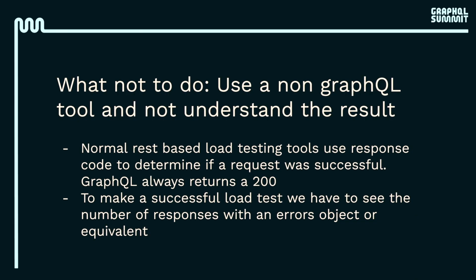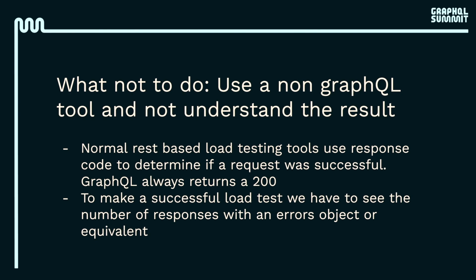So as GraphQL returns everything as a 200, you end up getting really, really weird results because you're saying, hey, here's all my load, and then it just gave me 200 back. Does it have errors? Who really knows? So that causes a huge different number, and you can take that and you can run with it anywhere, but it's not a really good number of what your actual load is that you can handle.